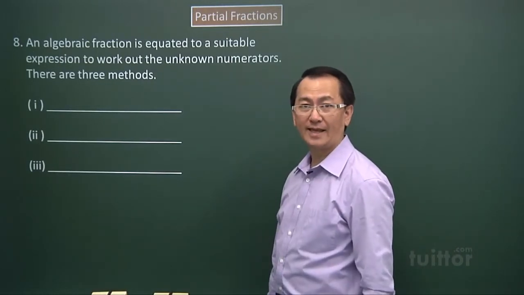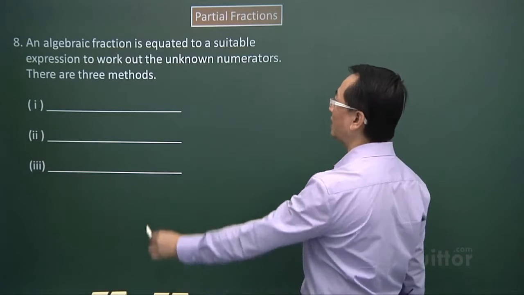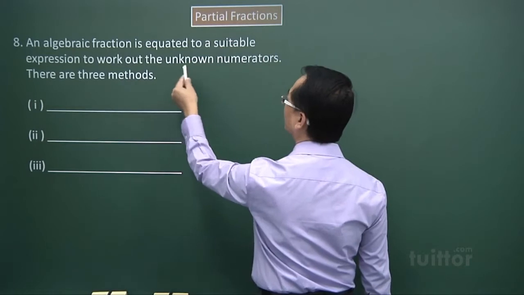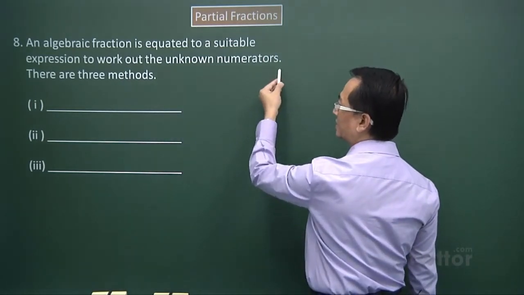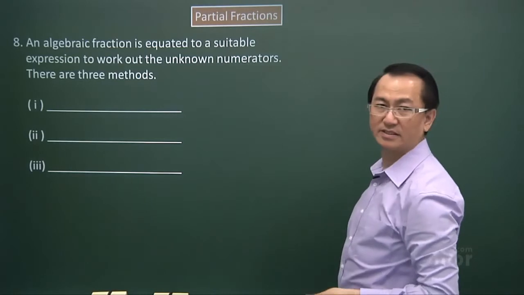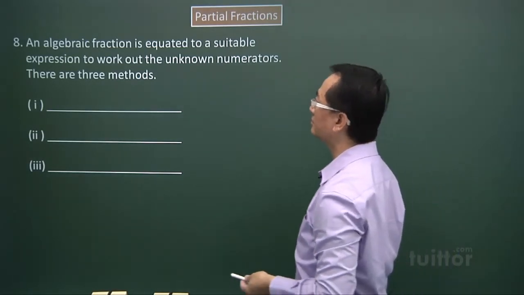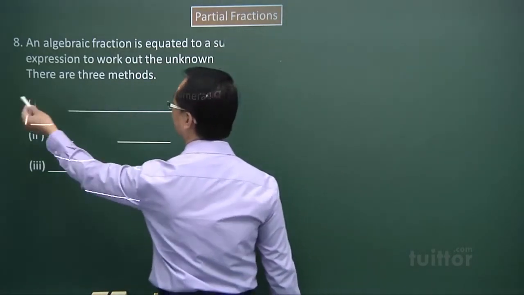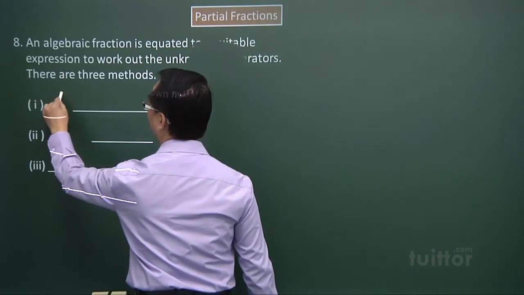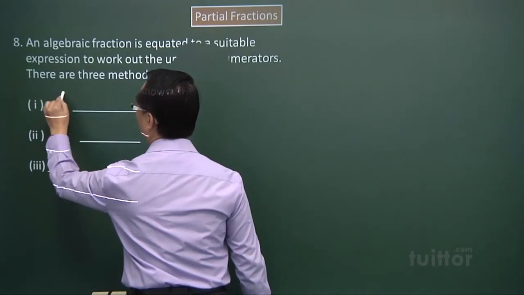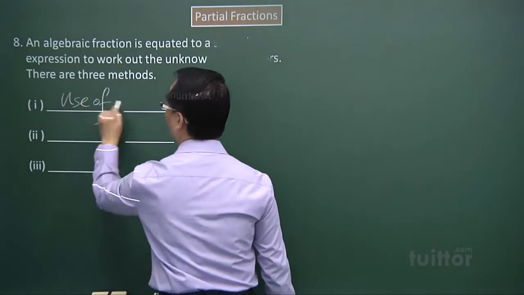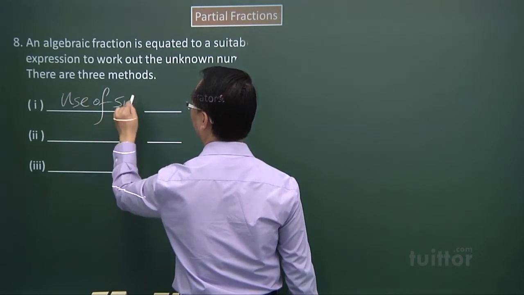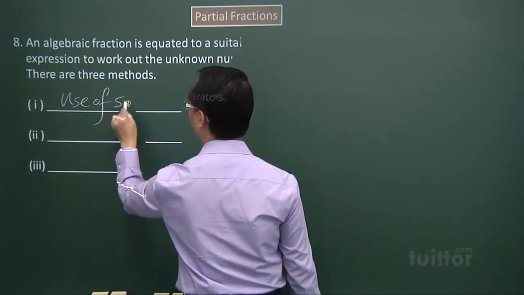Let's look at point 8. An algebraic fraction is equated to a suitable expression to work out the unknown numerators. These are the three methods. So the method will be, one is the use of suitable or special